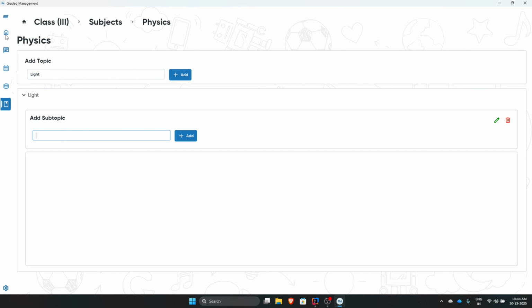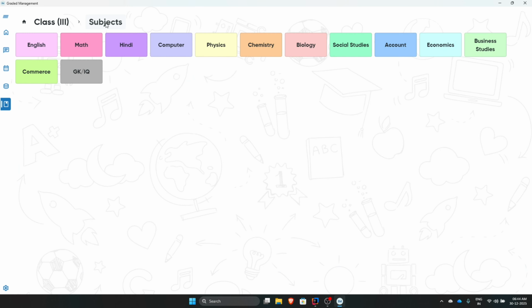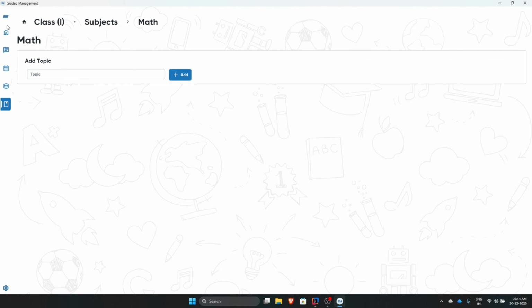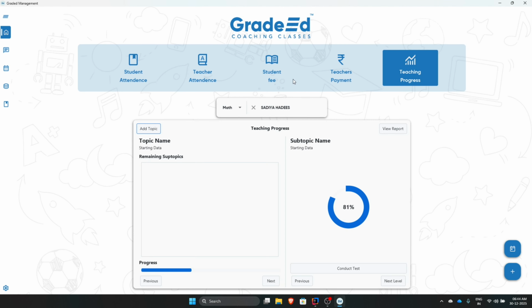So I would say for now only this many changes are done. You can even navigate back and forth between these using these breadcrumb UI elements. So for now I would say these are the changes that I have added to it, and I'm working heavily on improving this a lot now,